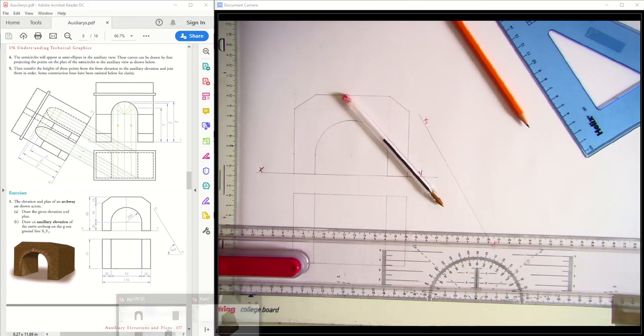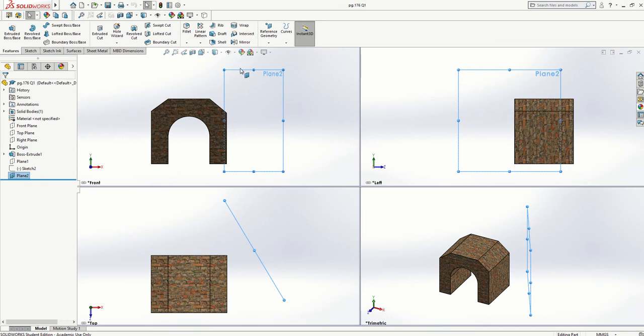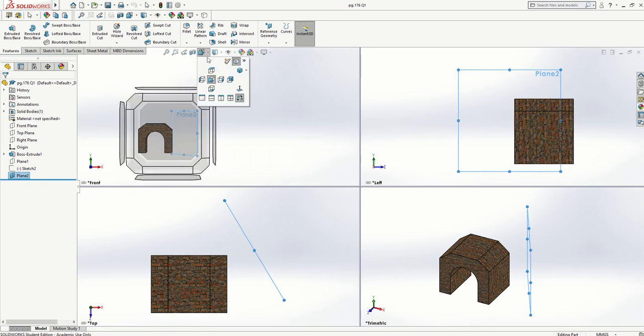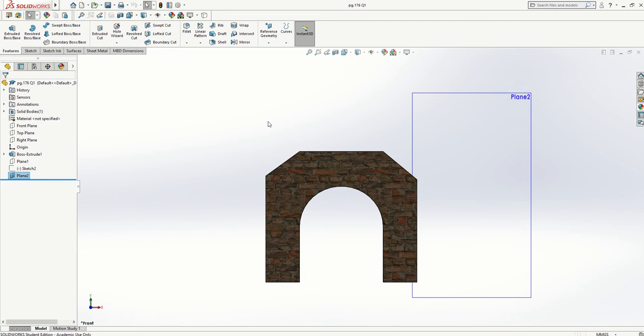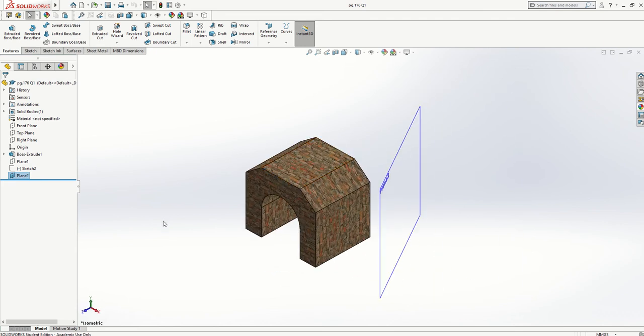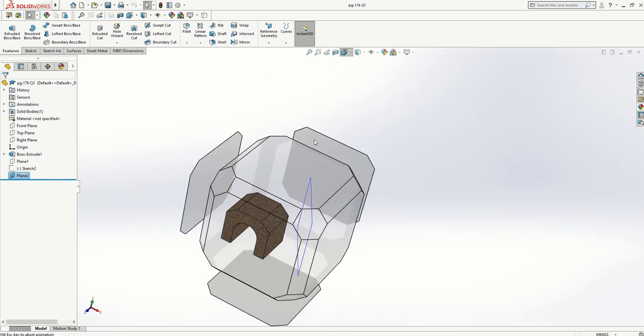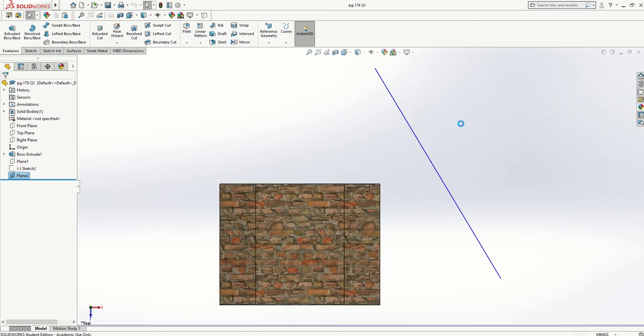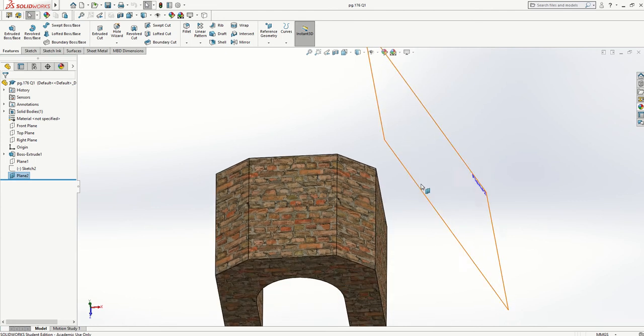I have drawn it up here in SolidWorks, so if we look at the image here, it's a brick wall, and this is an isometric view of it. This is my elevation view. Looking down on top, I would be getting my plan view. If I look in this direction, this line here is my auxiliary plane. So basically what I want to do is look